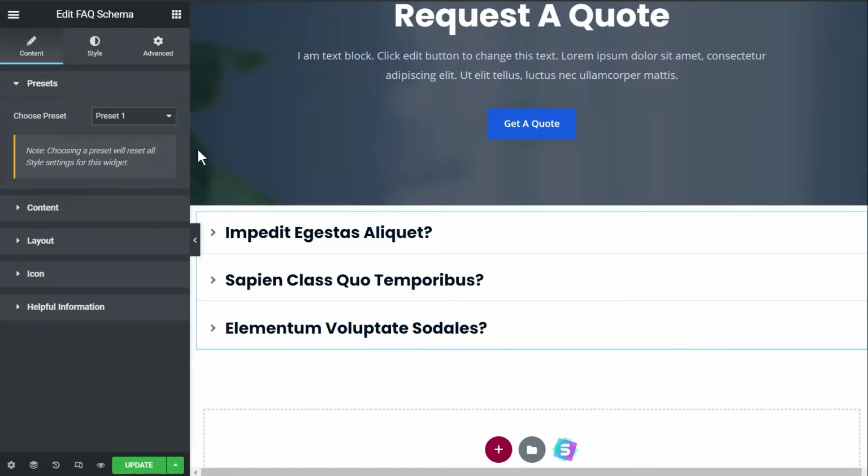And just because you use presets doesn't mean you lose the customization ability. You can actually change everything that you like from the design tab, style tab, or the advanced tab. So every customization option that you are used to using in Elementor is still present. Now, what I'll do is quickly snap my fingers, and I'll change these questions first to more reasonable questions, and then we'll take the video ahead from there.